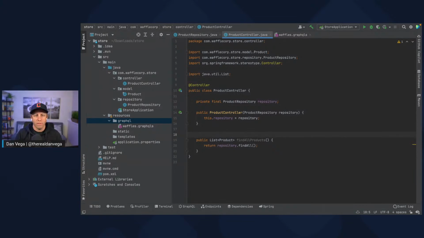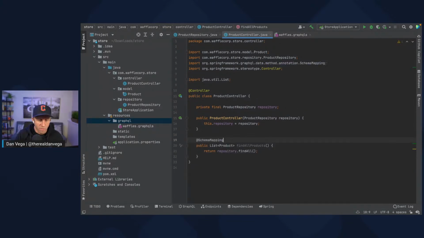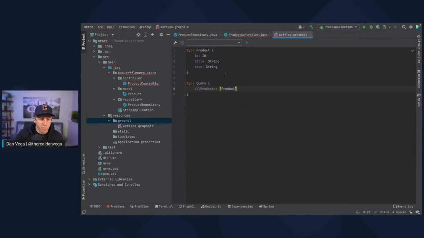And the way that we can do that is a couple ways. One is the long form, so schema mapping. And inside of schema mapping, it's going to ask for a couple things. It's going to say, hey, what is the type name? In this case, what is that top level type? And in that case, it's a query, right? And what is the type name? So this type name corresponds to this. So we can say all products